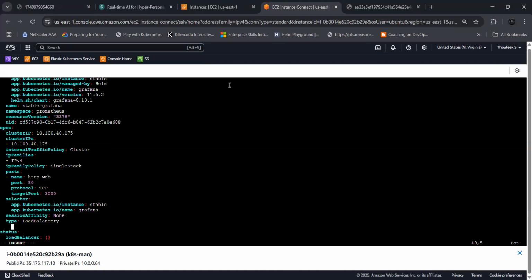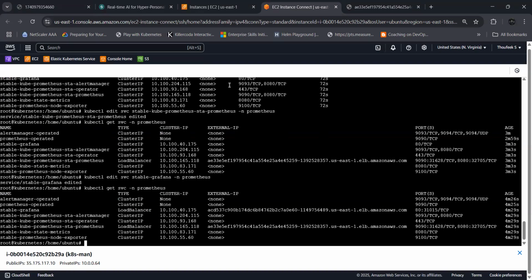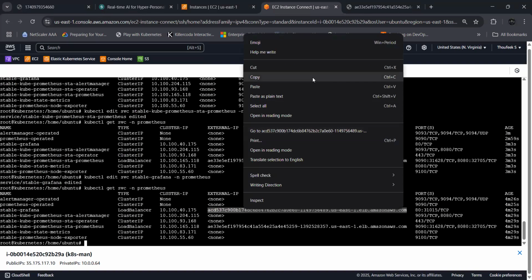Save and exit. See, now two load balancers are created, for Grafana as well. So copy the DNS of